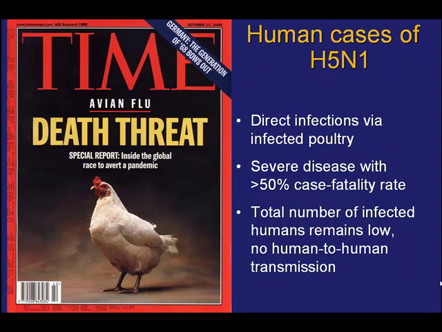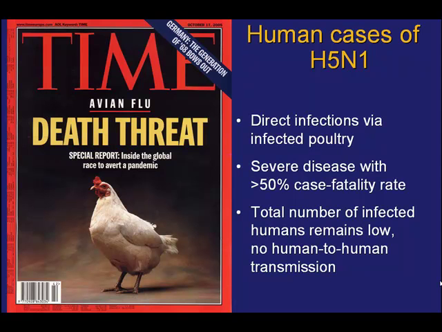So this virus has also crossed the species barrier to humans. And surprisingly, all of those humans became directly infected by contact with infected poultry or their feces. So this kind of challenged the traditional viewpoint that the virus has to go through the pig to infect humans. The virus is also exceptionally virulent for humans, but on the other hand, there have been only some 500 reported